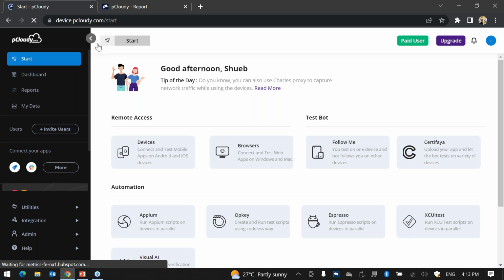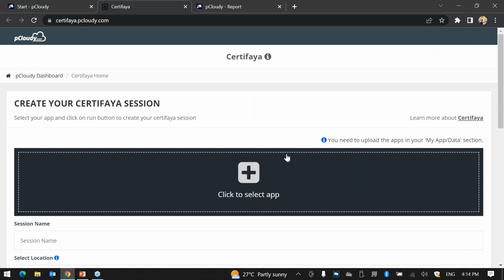All right, so that's pretty much it for accessing the devices. Now let's focus on the other features, right? We talk about robotic process automation (RPA). Any application that you need to do a quick test on even before release to production, maybe a quick sanity test, and you want to perform it on a number of devices at the same time. So we have an autonomous testing feature called Certifier, wherein you just have to upload the app to the cloud and the bot will take care of the rest.